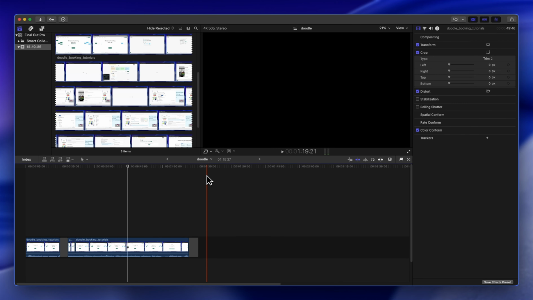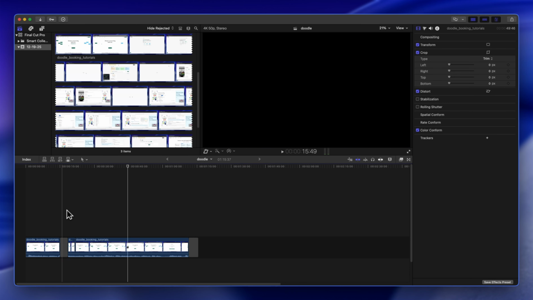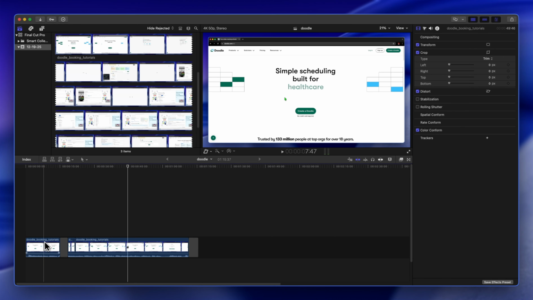Now, the first thing I'd like you to do is to load up the project that you want to duplicate the clip for. Now, the next thing I want you to do is understand that there are two ways of duplicating clips on Final Cut Pro. Now, the first way is to find the clip that you want to duplicate. Let's say we want to duplicate this clip right here. We have